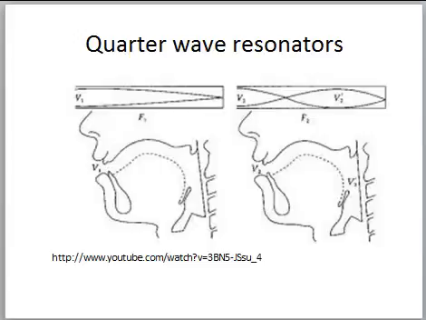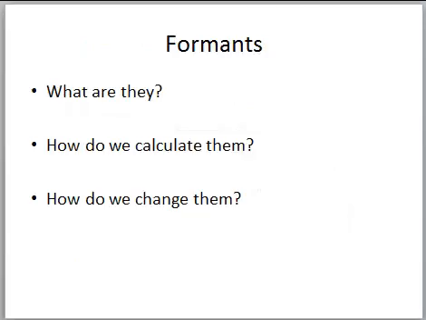Okay, so as I said, we really need to make sure when we're talking about the vocal tract that nodes don't fall at the opening of the tube or we won't get any sound. So back to our quarter wave resonator here, this comes into play when we start talking about formants. So what are formants? Formants are characteristic resonances of the vocal tract. So what does that mean? It means that the vocal tract acts like several bandpass filters put together. It creates several different areas where certain frequencies are amplified and the rest are attenuated.